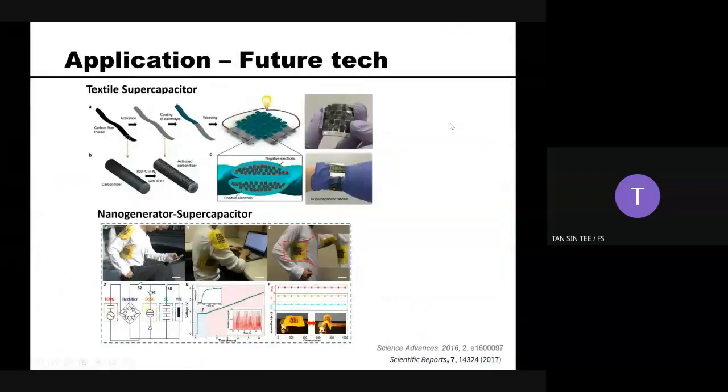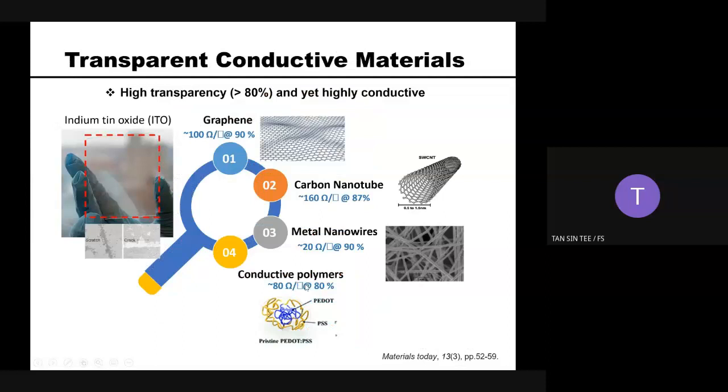Okay, and then there is the combination of a supercapacitor with a nanogenerator, such as a piezoelectric generator. You can use the piezoelectric to generate electricity and store it in the supercapacitor for some functional materials usage. For all of these combinations of technology, the transparent conducting material becomes very important. Most people use a solid material like ITO. ITO has very high transparency and good conductivity, but it often has defects and scratching that affect the device performance.